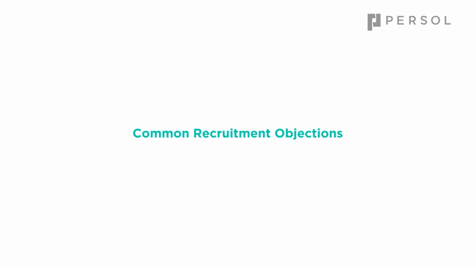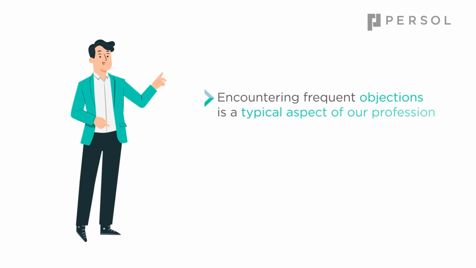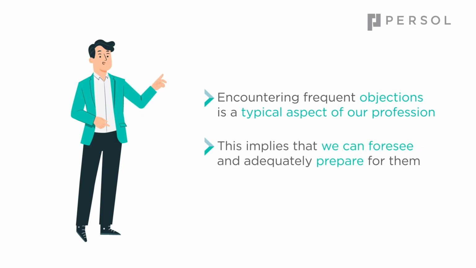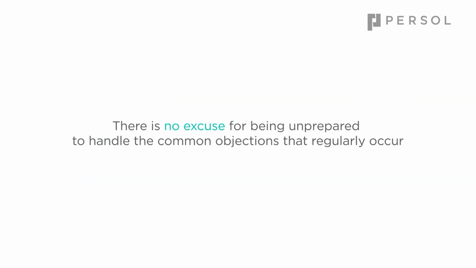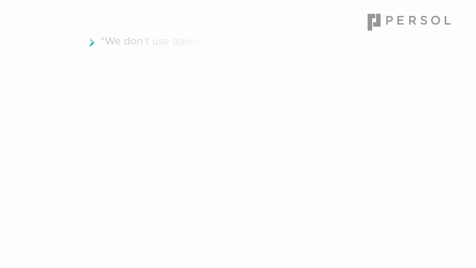Thirdly, we should understand common recruitment objections. Encountering consistent objections can be viewed as a normal aspect in our line of work. It means we have the opportunity to anticipate and prepare for them effectively. With this in mind, there's no justification for not being ready to address the common objections that routinely arise. Some of them are